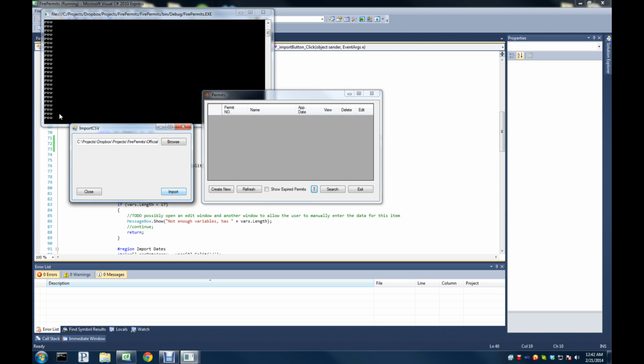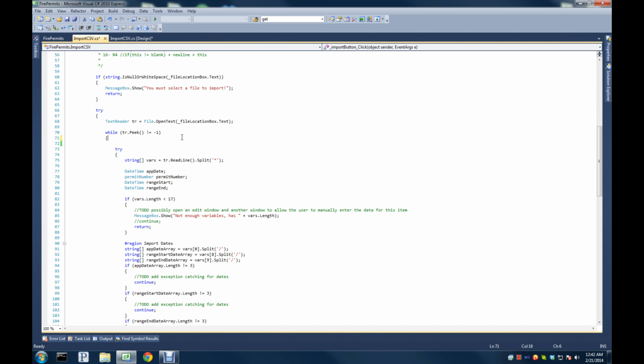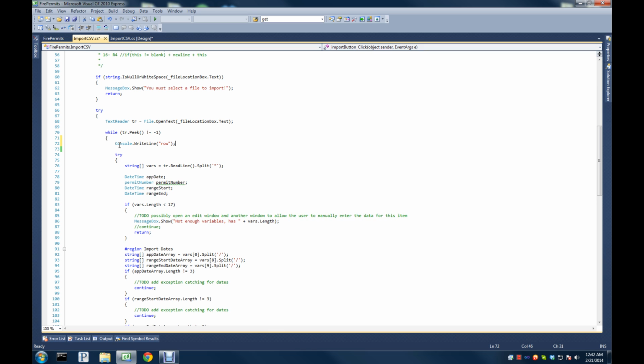It's a little bit faster than it was last time. I'm not sure why it took so long last time to do each row. It would go one row and then wait a couple moments and then go to the next row. Seems to be going at a fairly decent pace now, but still not as quickly as I would like it to go. The best way that I've found to